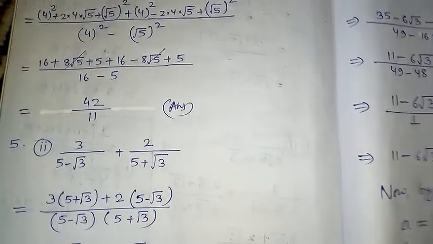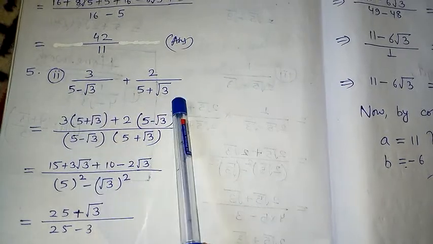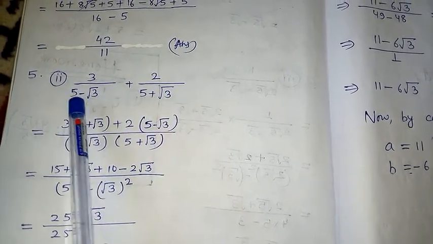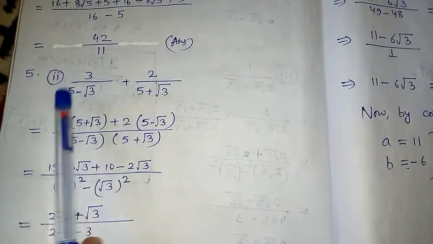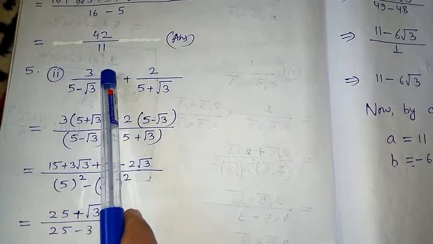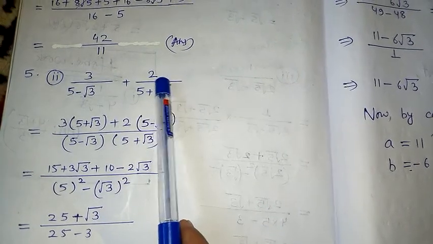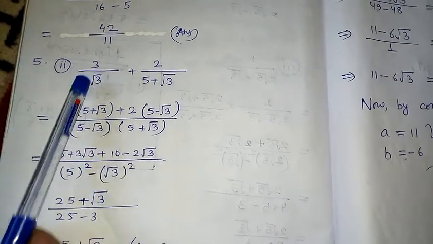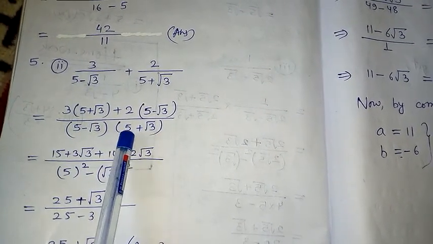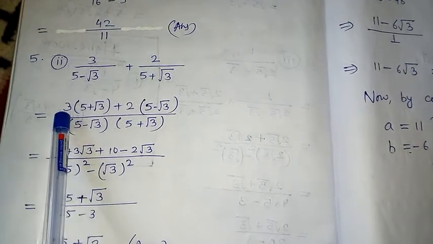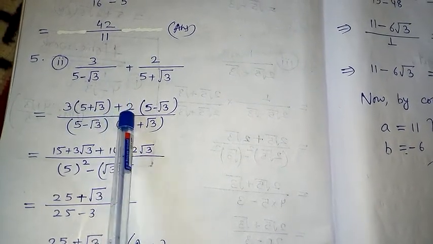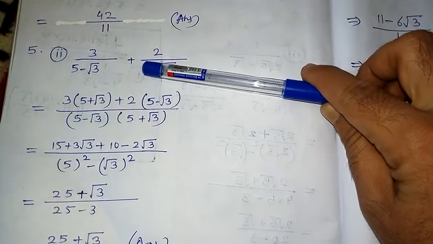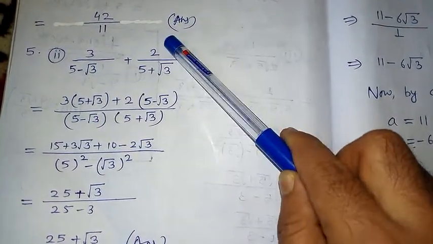So very important. Next, the same kind of question. Here you can see 5 minus root 3 and 5 plus root 3. So both the rationalizing partners are there, and I need not multiply by myself from my side like yesterday. Automatically I will do LCM. Same thing. This time I will cover this 2, then 5 plus root 3 will multiply with 3. Then I can write 3 into (5 plus root 3) plus 2 into (5 minus root 3), because when I cover this, this will remain and multiply with 2.